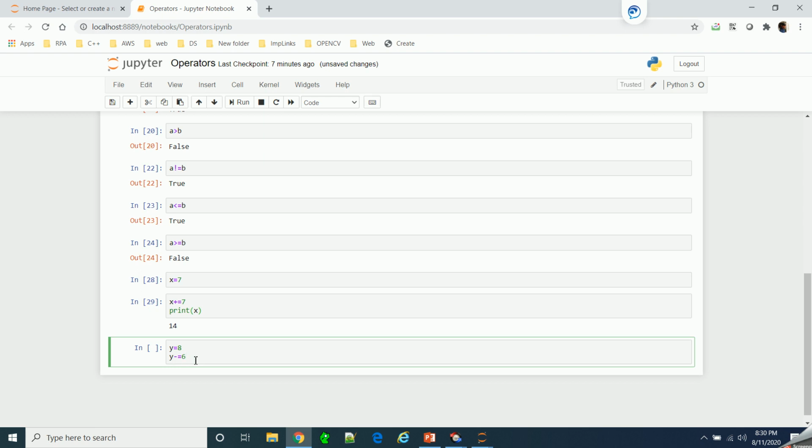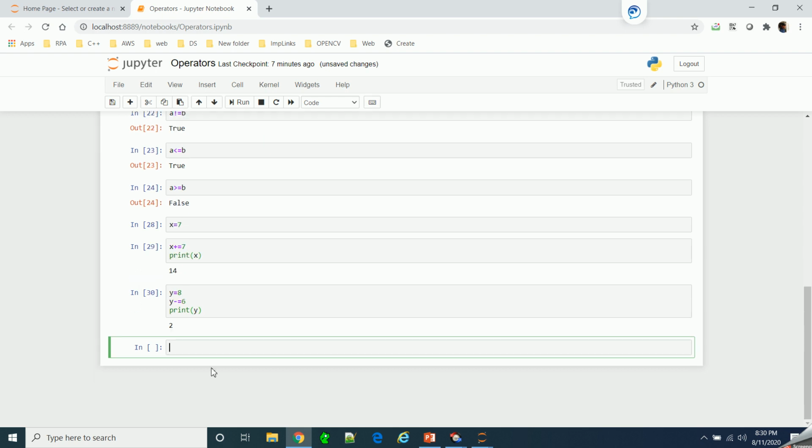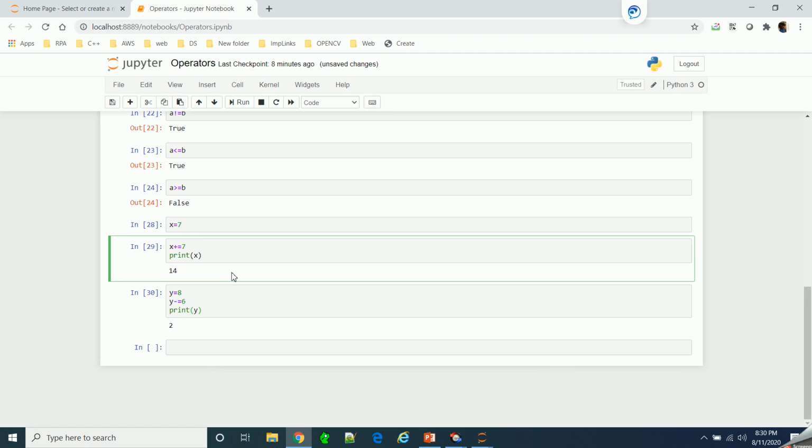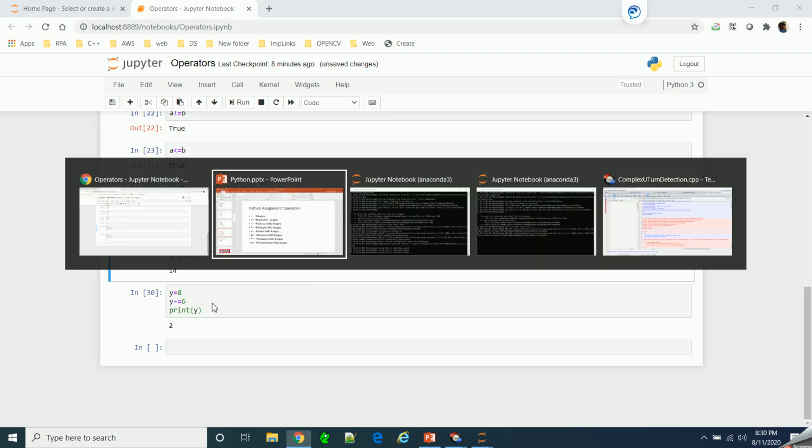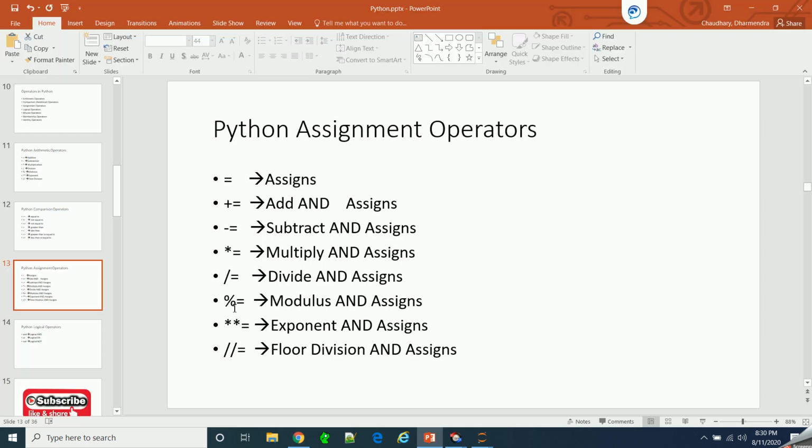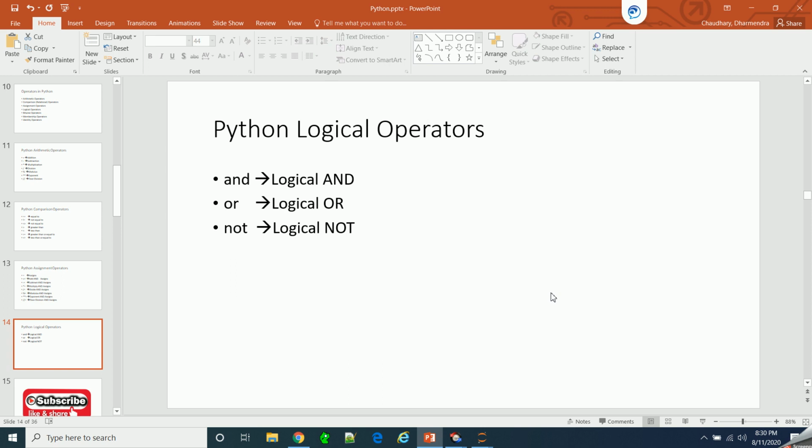After subtraction, whatever is left out. If you print the value of y, you will get 2. Similar to plus and minus, you can write this for other operators also.